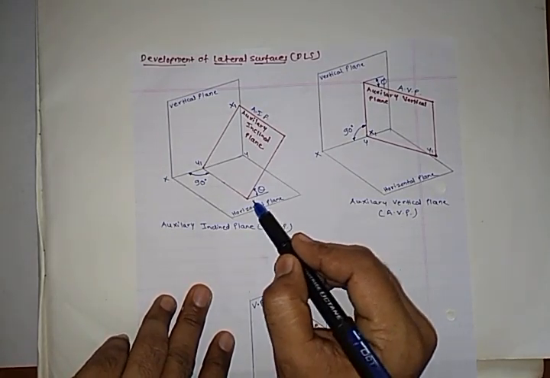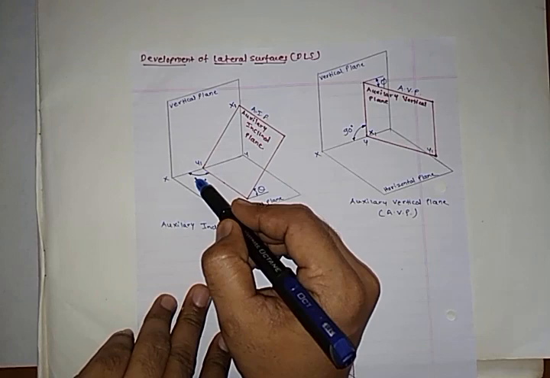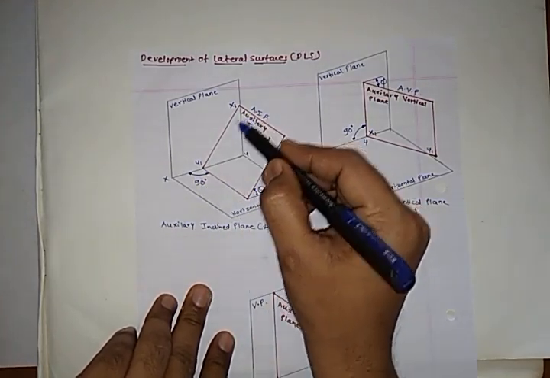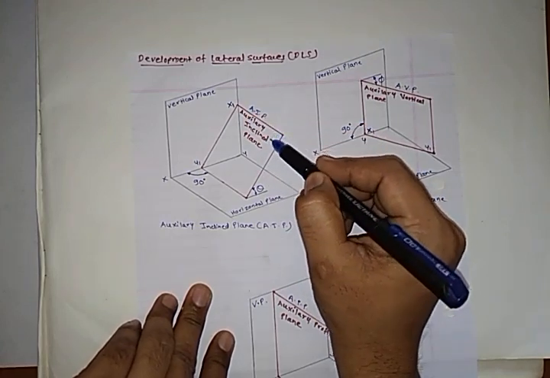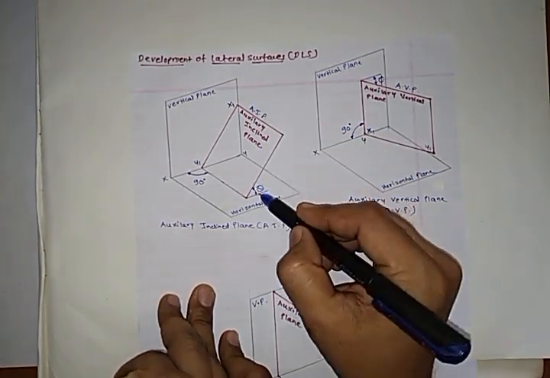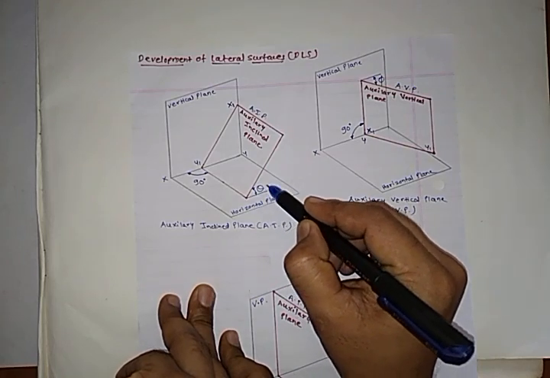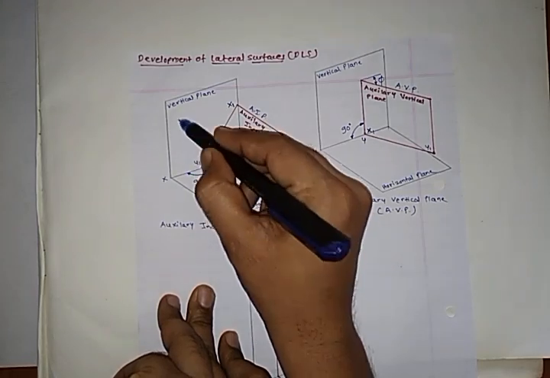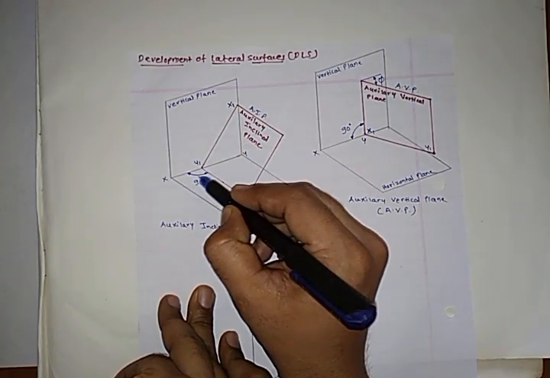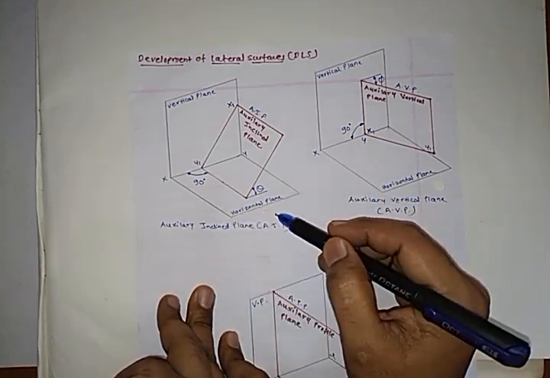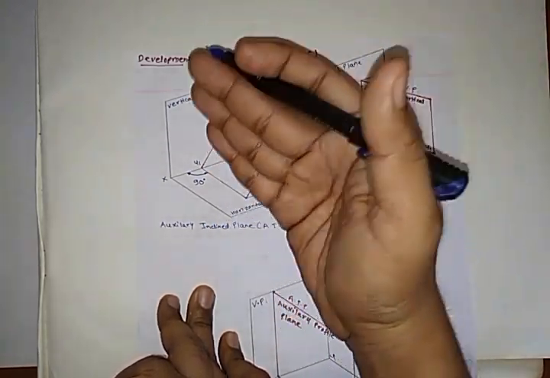In this case you can see the vertical plane as well as the horizontal plane, that is well known to you. Along with that, one more plane. So this plane is called the auxiliary inclined plane. Why is it an auxiliary inclined plane? This plane is inclined to the horizontal by angle theta, and is perpendicular to the vertical plane. So this is 90 degree. Because of that, it is called the auxiliary inclined plane. So it is inclined to HP.